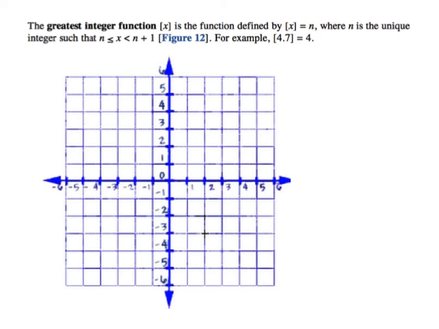So this is a well-known function, not overly used, but I'll go through it. So greatest integer function is a common step function. Brackets x is the function defined by bracket x equaling n, where n is the unique integer such that n is less than or equal to x, which is less than n plus 1. So for example, the example for me helps a lot more than that definition, but bracket 4.7 defaults back to 4. So any decimal, right, or fraction for that matter, between